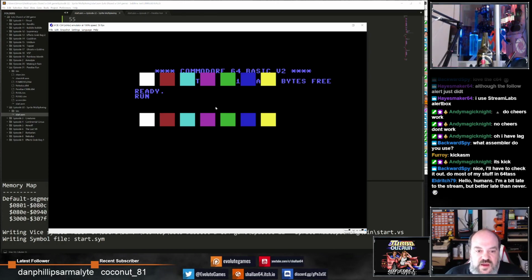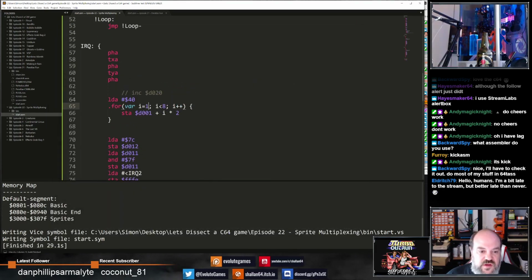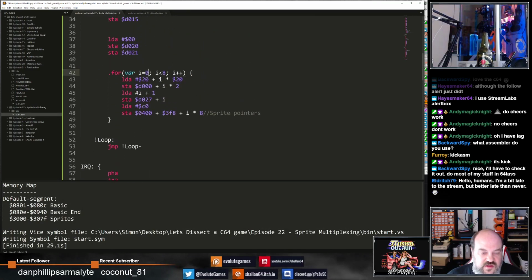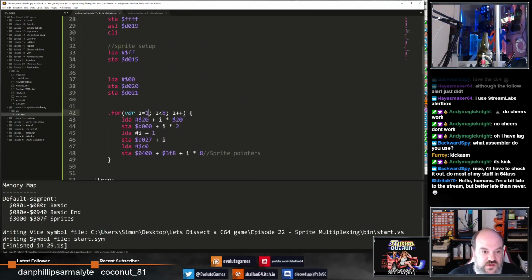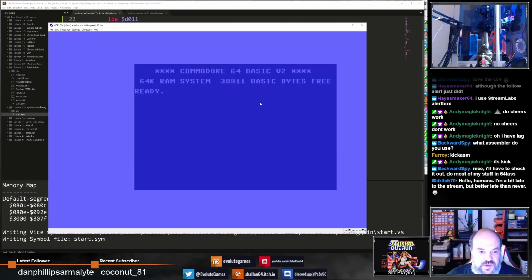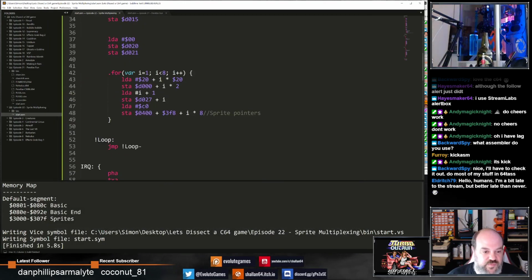So say we wanted this sprite to move between the two, what you would do instead is you would just set the Y positions of these sprites here, ignore the first one, and you'll see when I run this, only one sprite will appear. Oh, where's the other one? Not there. Oh, because I haven't set this position yet. So if